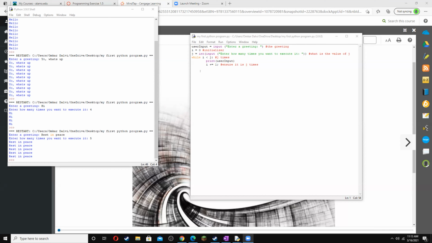J is the input from the user, and you convert it into an int. And then the condition is I is less than J, right? So if J is 4 or 10, then I will be less than that. You continue to the loop body and you print out the user input and you increment I because I controls